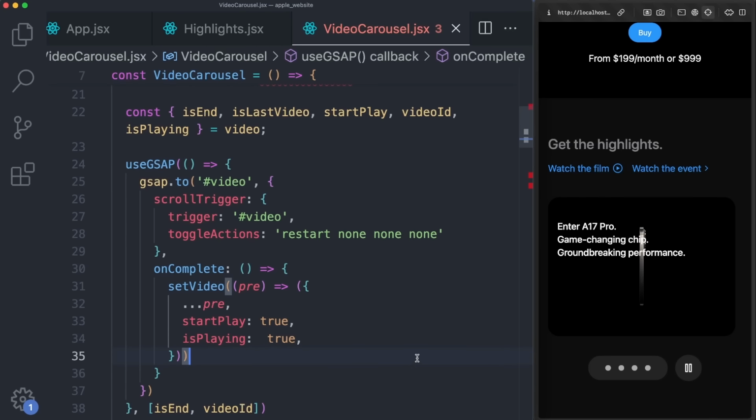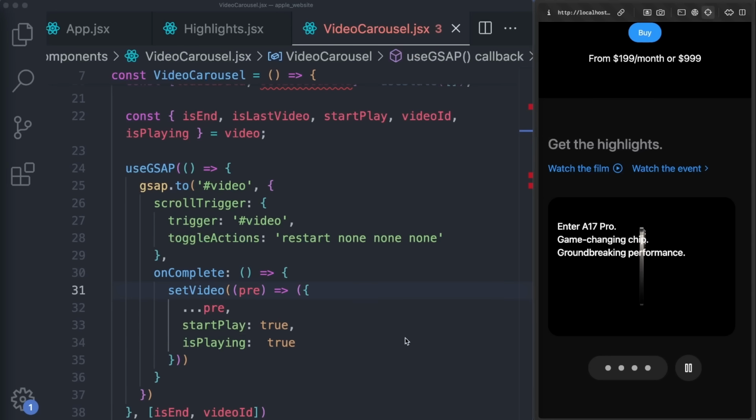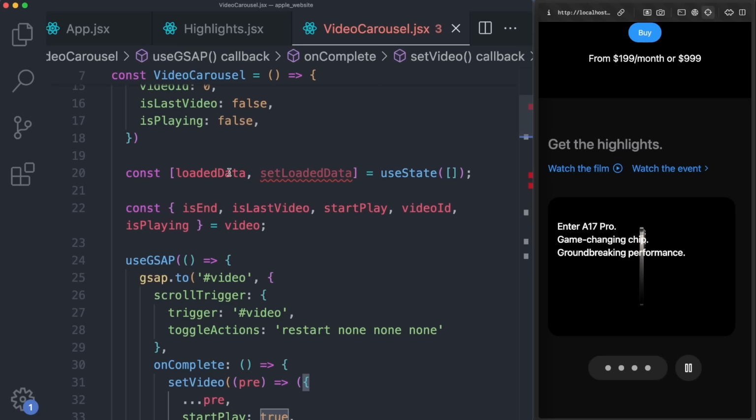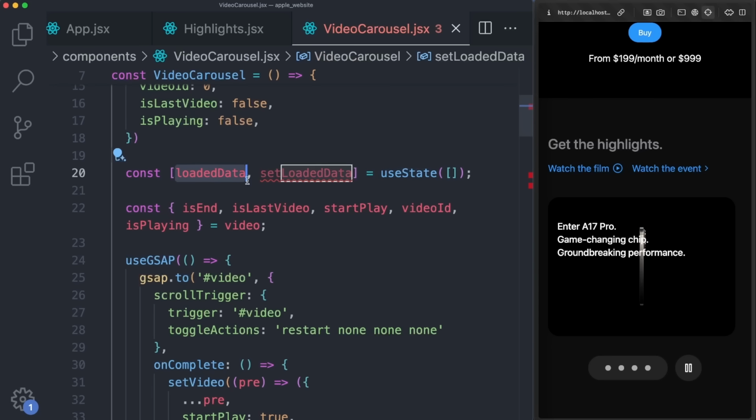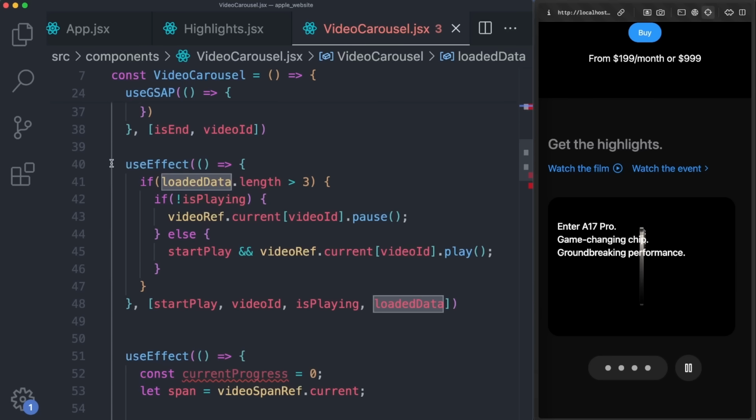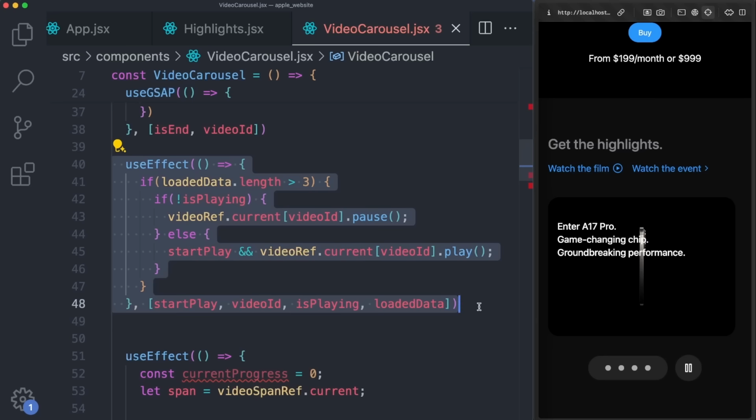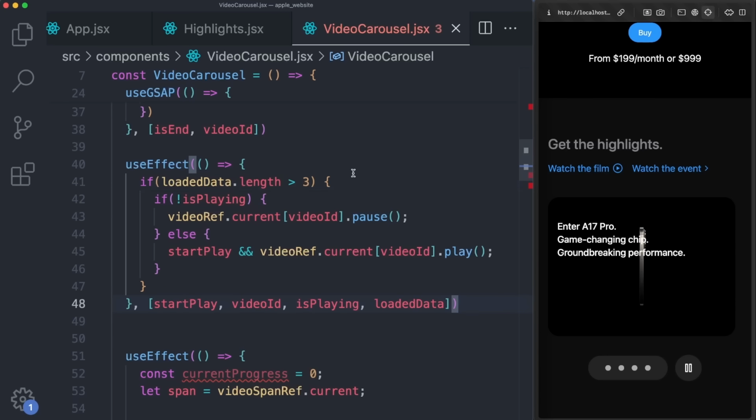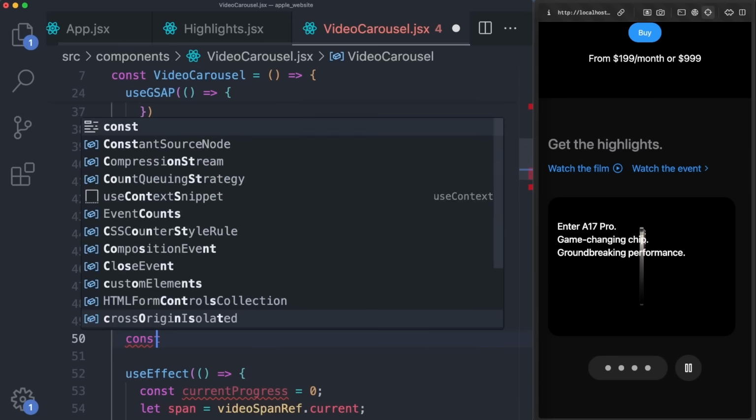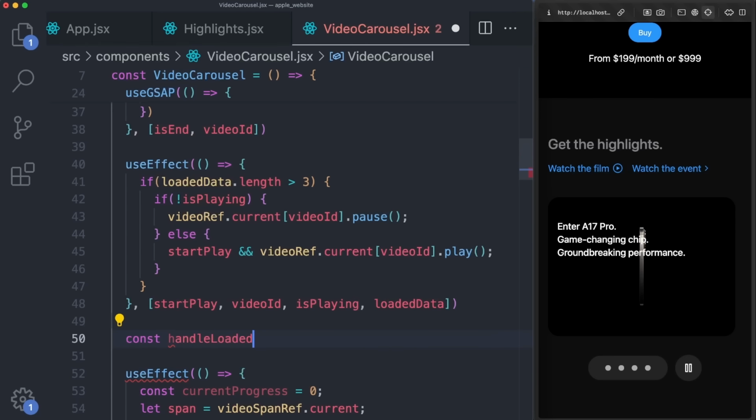Now, if we save this, this by itself won't yet start playing the video, which is fine, but what will is the use of our loaded data. The reason why we have this loaded data is because here in the original useEffect, we are checking if the loaded data exists, and only if it does, only then do we start playing. So what we have to do is create a new function right here, const handleLoadedMetadata equal to,